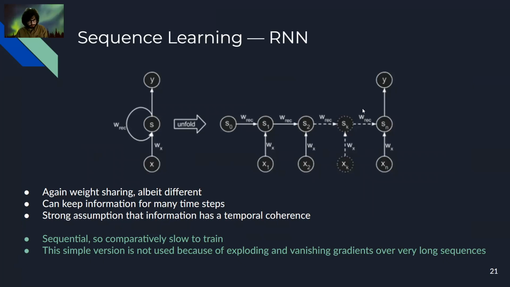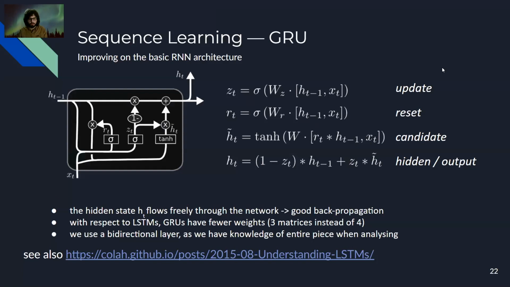This representation here is giving a many-to-one correlation. What we actually use is a many-to-many, where we have one output for each time frame here. GRUs are slightly more complicated than this very simple recurrent neural network, and I strongly suggest you read this blog post by Christopher Olah that is extremely well written and explains all the different situations with very neat diagrams and clear equations that highlight everything. I'm not going to go into the details of GRUs or LSTM for that matter, but know that we use a bidirectional version and that it helps us to analyze long-term correlation between different